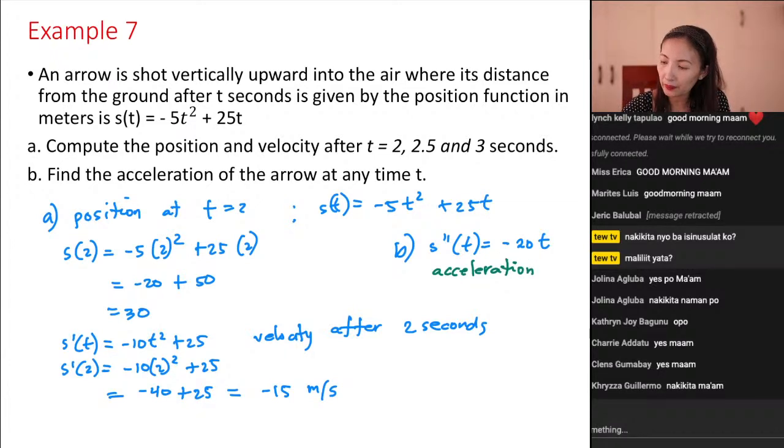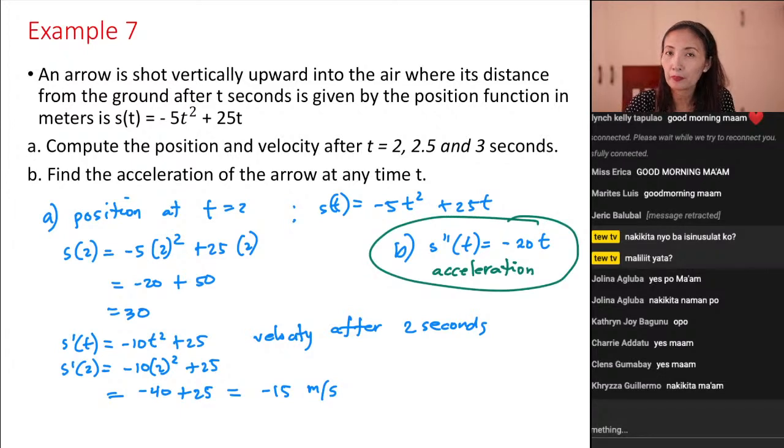So it's simple. For rectilinear motion, all you have to remember is s of t gives the position, or distance from where it started. S prime of t is the speed or velocity. And s double prime of t is the acceleration. Last